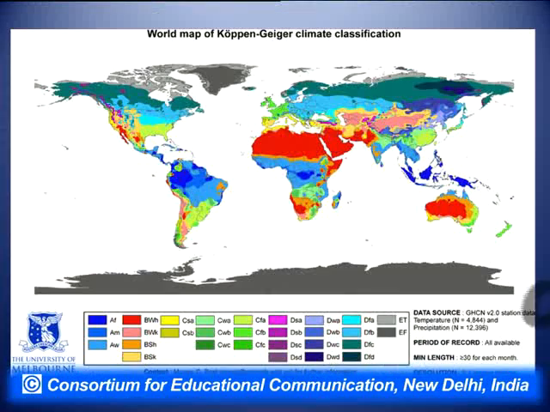Through this diagram, I would like to explain the world map of the climate, which Geiger later modified, and that is why it is known as the Köppen-Geiger climatic classification. Now you can see in this, in the tropical area we have the A category, then on both sides of the tropical, one can see the dry, particularly consisting of Africa, part of Australia, and the Middle East. Then the C, the mild mid latitude,